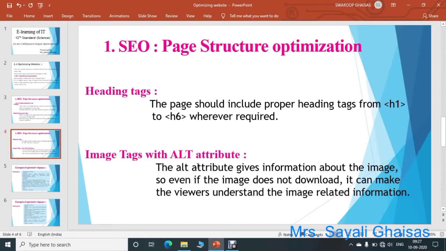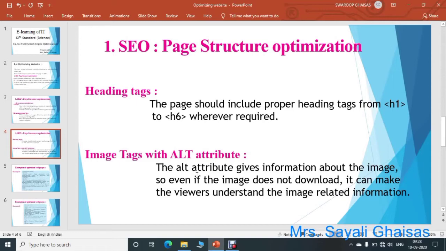Then the image tag with the ALT attribute. The img tag is used to upload an image. Suppose you have used the img tag and you are trying to upload an image on your web page, but the browser does not support the image type, or some problem has occurred, so that your image is not visible to users.